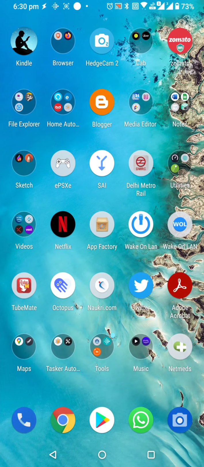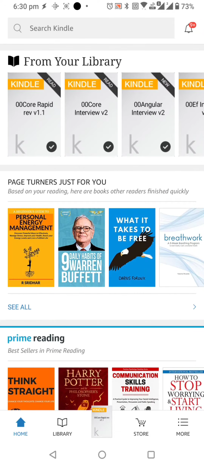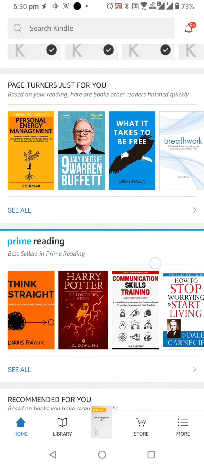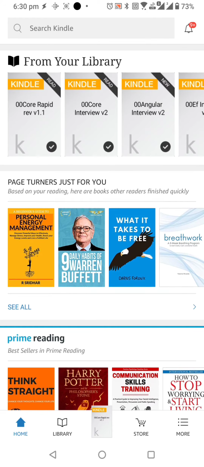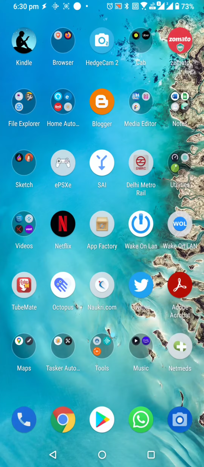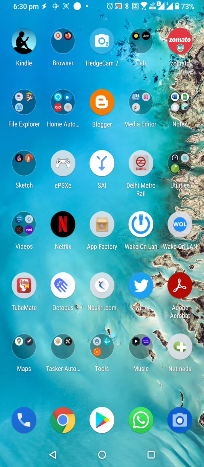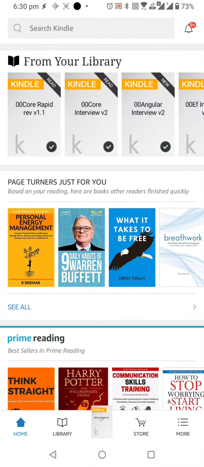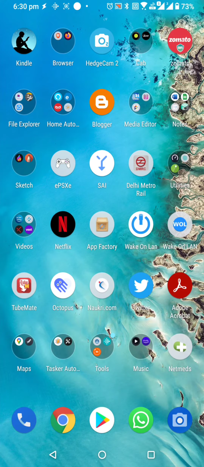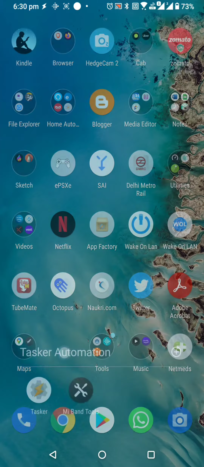So when I click on it, as you can see, it switches to another yellowish kind of light, and when I go back, it switches again. Let's see it again. When I click on it, it switches to the night mode, and when I go back from this application to the desktop, it will switch back again. That can be achieved using Tasker.